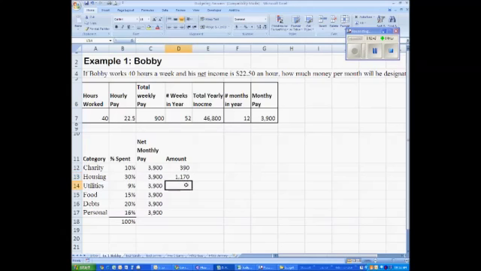Then we have utilities. Start with an equal sign. Click on the 9%. Then multiply, which is the asterisk, multiply sign. 3,900. Make that cell reference and hit enter. So we have $351 a month, and